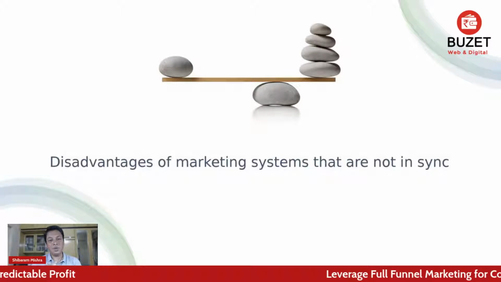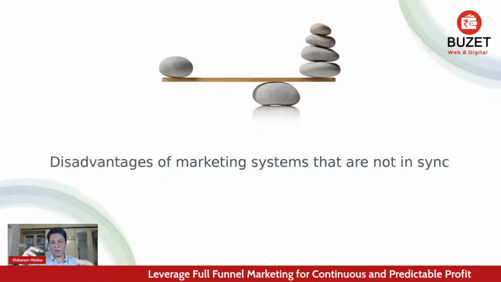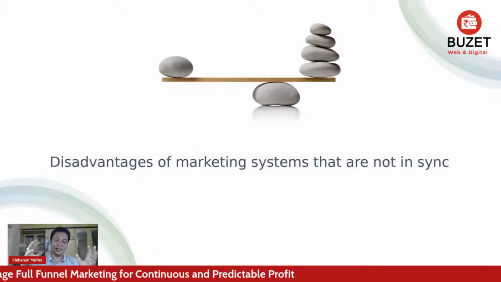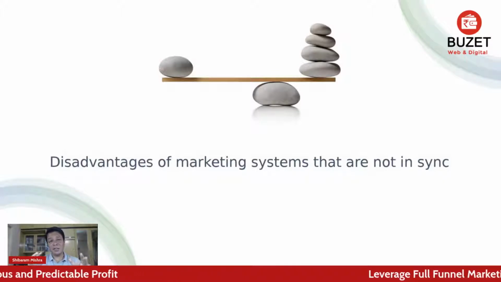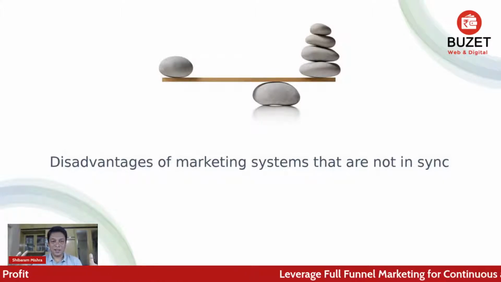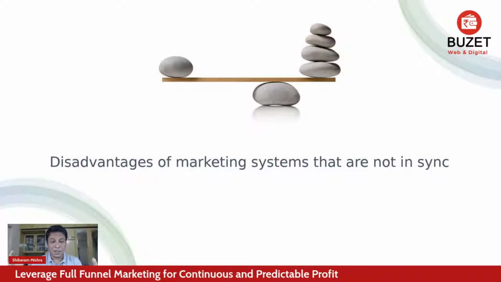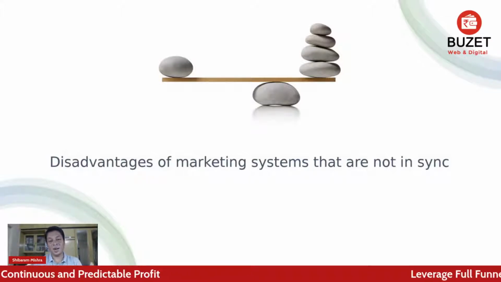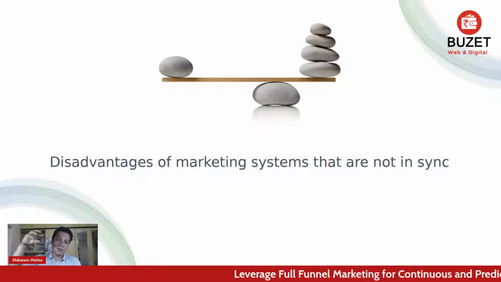So the problem with marketing systems that are not in sync is like this. See the picture, like when you have put four stones one above the other, and it is imbalanced. Although it is working, there is a probability that it can get disturbed anytime. It's risky. You are juggling with that. On the left side, you see a full funnel marketing system where it encompasses everything that is required in your system. So it is one system, and it is not four, five systems.